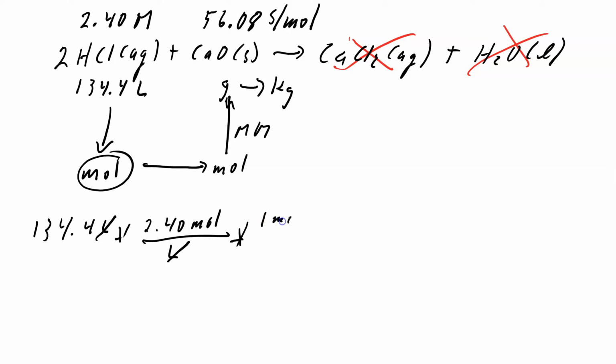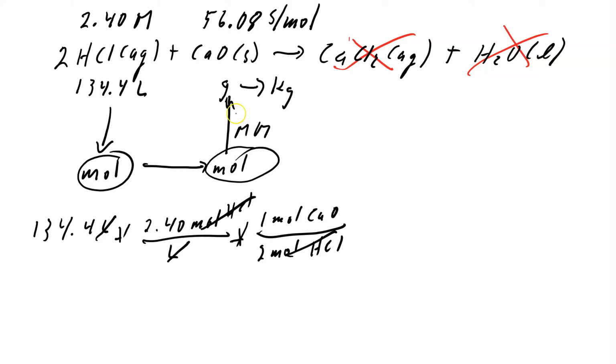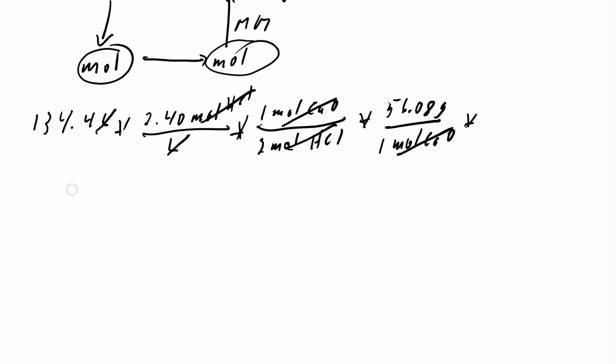So I'm going to write 1 mole calcium oxide for every 2 moles HCl. A little sloppy, we should put our HCl here, so we keep our chemicals sorted out. Now I have moles of calcium oxide. I need to convert to grams. Molar mass comes into play: 56.08 grams per 1 mole calcium oxide. Moles of calcium oxide cancel. I've got grams. Now we're simply going to convert to kilograms. We can scroll up. 1 kilogram over 10 to the 3rd grams. Grams cancel. Now we've got everything we need. We've got kilograms as our only unit upstairs. We do the math,